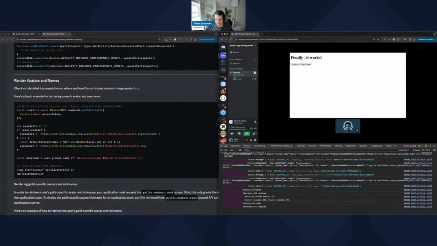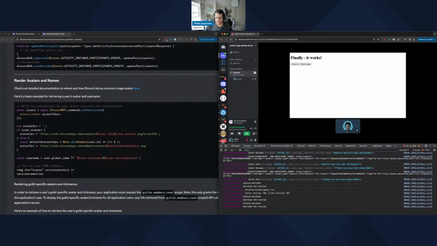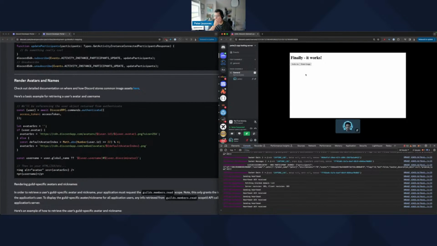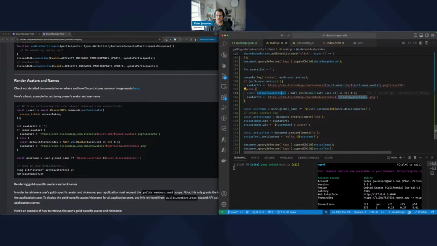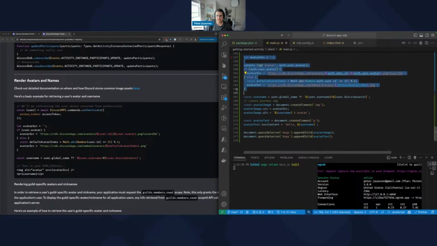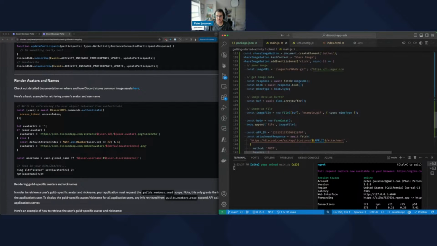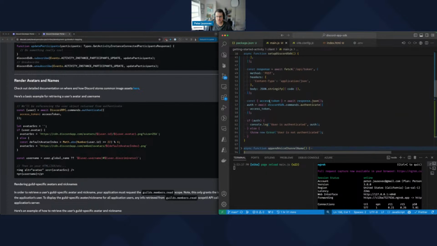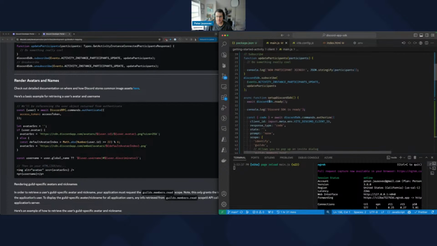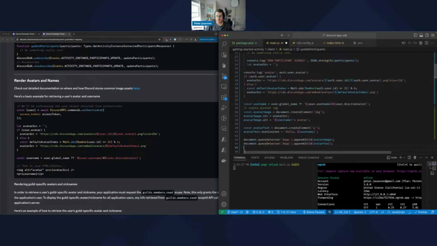New participant joined. Oh, maybe we do it on new participant joined, right? Because I think that would be a better way. If you think about it, if you want to track or show all the participants in the activity, that would be a better way to show them whenever someone joins, right? Yeah, so let's do this there. Actually, all this, right? And then we go to, no, there you go. So once someone joins,